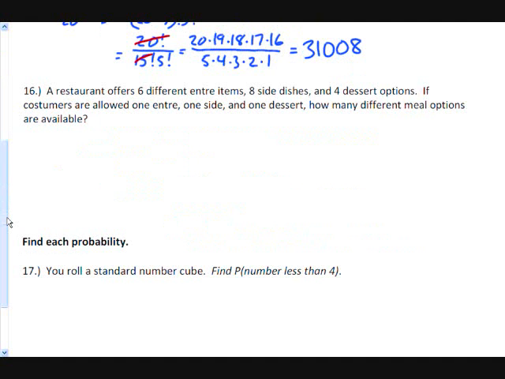The next one, it says a restaurant offers 6 different entree items, 8 side dishes, and 4 dessert options. If customers are allowed 1 entree, 1 side, and 1 dessert, how many different meal options are available? And for this one, since we're only choosing 1 of each, this is just a case of our fundamental counting principle. I mean, I could take this off to the side, and I could do a tree diagram for this